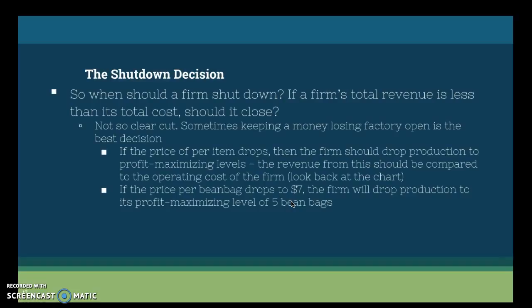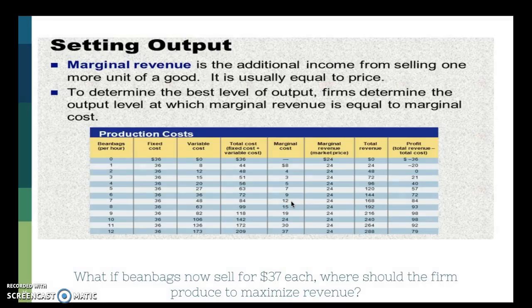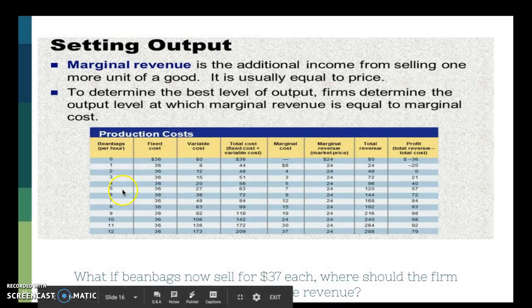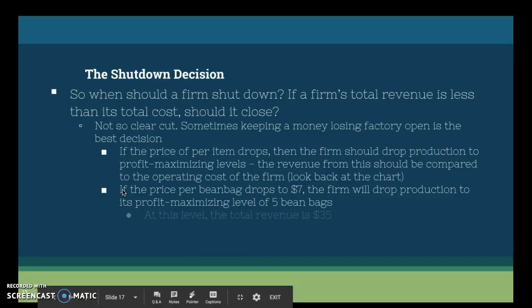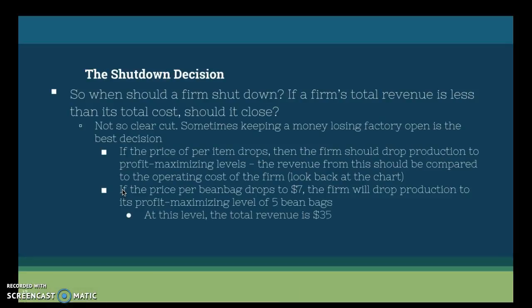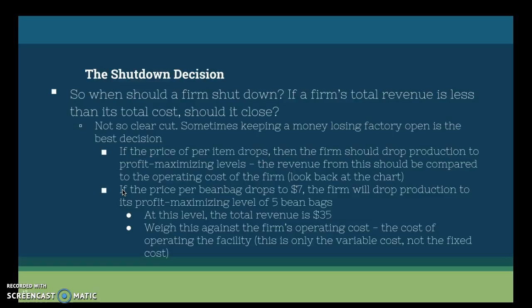As we saw back there at the chart, if the price per beanbag drops to $7, the firm will drop production to its profit maximizing level. So if we use that example of 7, we drop down to 5 beanbags per hour to maximize profit. I will go back and show you all this on the chart, let me just talk you through it first. At this level, the total revenue is $35. And weighing this against the firm's operating costs, this is the only variable cost. So that's the operating cost is only